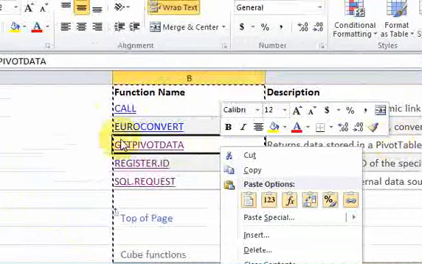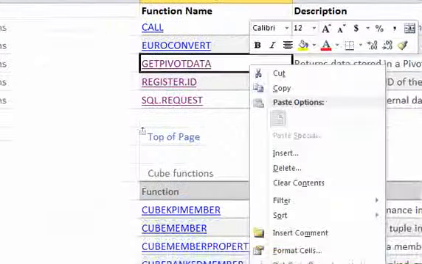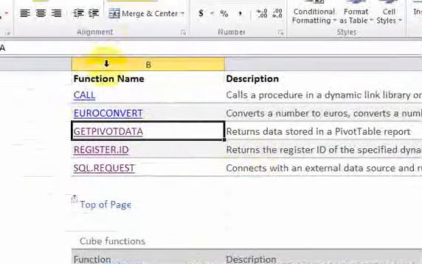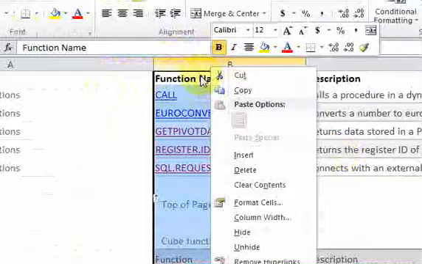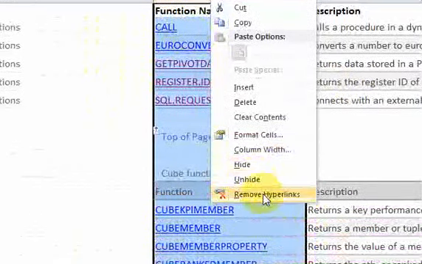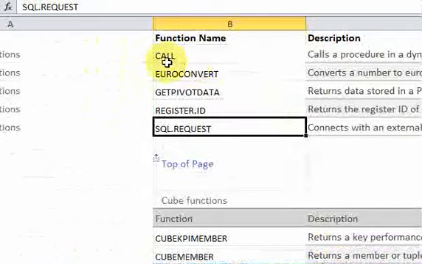If I right click now and go to edit hyperlink, oops, the hyperlink is still there. Oh, sorry. I didn't want to copy and paste. I wanted to do this, remove hyperlinks. So let me click that. Highlight the whole column and click remove hyperlinks. And now the hyperlinks are gone. Sorry, I thought I should have copied and pasted. Okay, so